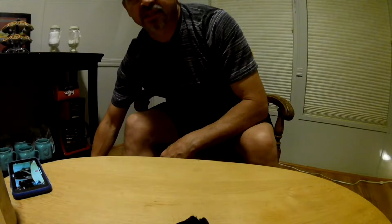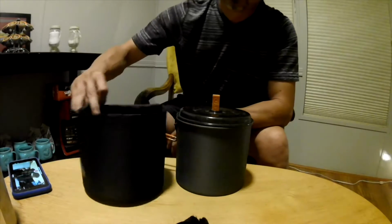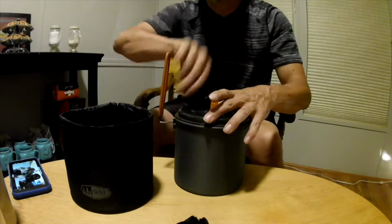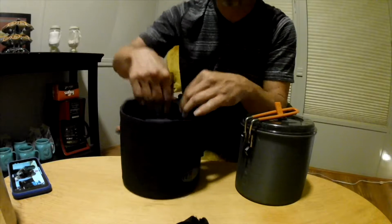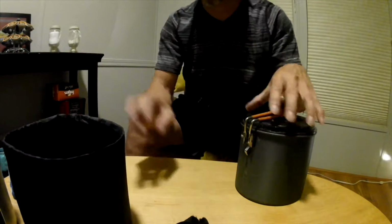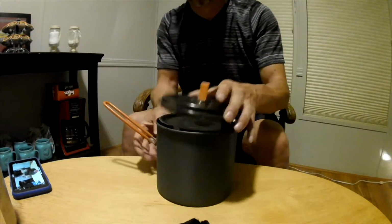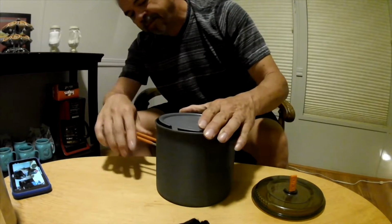This is my latest cook kit. This is GSI. Has a little carrying pouch. This whole thing fits right into this pouch. This pouch is rubberized, so you can use it for a bowl or a sink. Carry water in like a little bucket. Inside of here, you've got your pot, obviously, and then